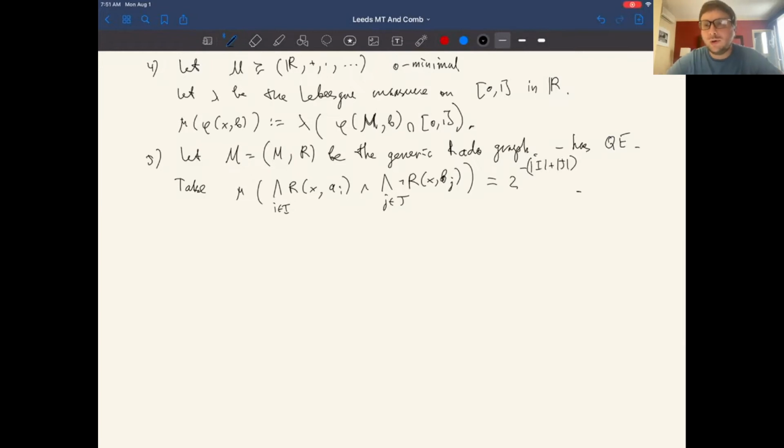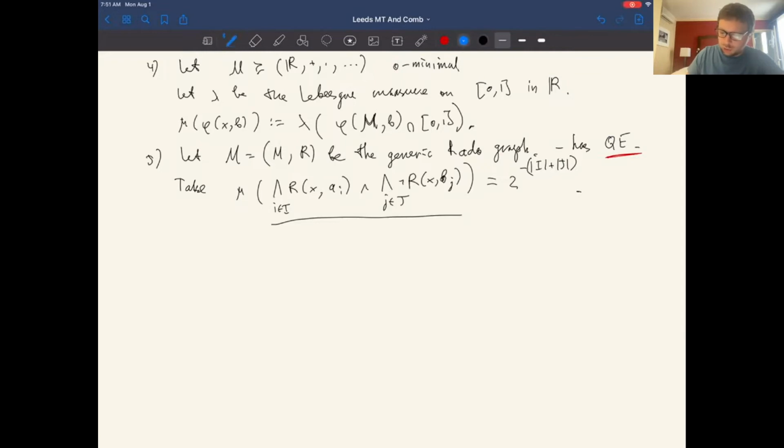Okay. So each condition being connected to a given edge or not connected to a given edge has probability 1/2. And because of the quantifier elimination, this defines a probability measure on all definable subsets, because all definable subsets are of this form. Well, you also have equalities, so I'm being a bit floppy here. You can also have formulas of the form x equals y or not equal to y. Well, let me not focus on that.